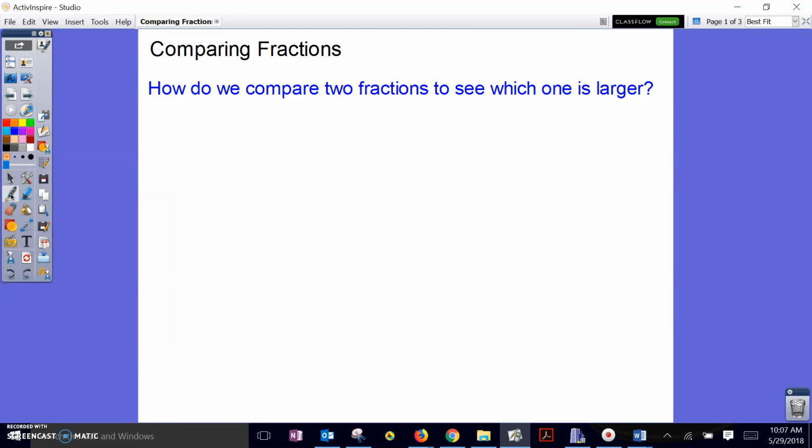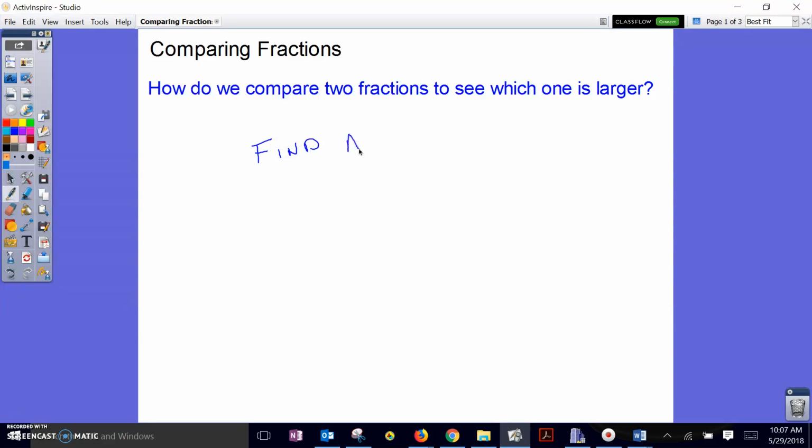In this video, we're going to talk about how we compare fractions, and we're specifically going to focus on comparing fractions without using a calculator to find their decimal values. So the question becomes, how do we compare two fractions to see which one's larger? And the simple answer is,